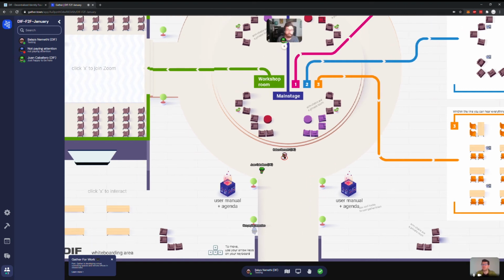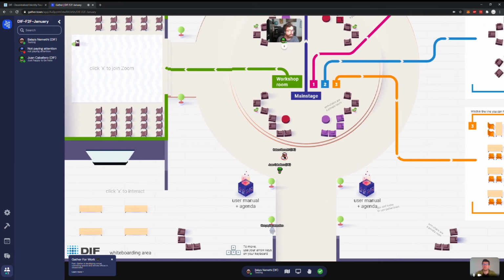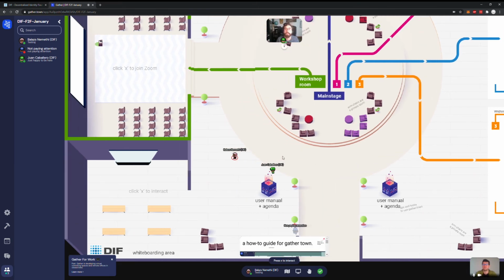Juan, let me show you something. Please come with me to the bottom left corner of the map. So essentially, this is a whiteboarding area. And if you can see on the bottom of my screen, there is a small bubble that came up, press X to interact. So any time that you get close to an interactive object on the map, there will be a small bubble popping up here that you can just follow. This is press X on your keyboard. And if I press X,